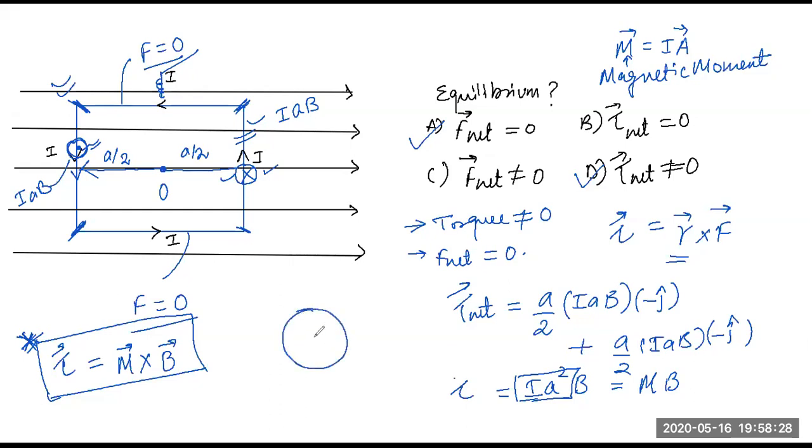Okay, I'll just ask you whether you've understood this or not. If there is a circle of radius r in magnetic field B, current I, what's the magnetic moment for it? It's I into the area of a circle. What's the area of a circle? Pi r square. Yes, that's it. So that's the magnetic moment for a circle. Any question on this?